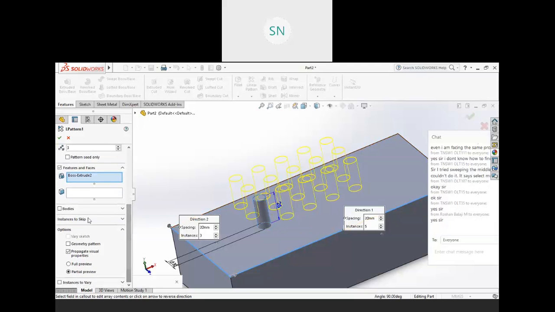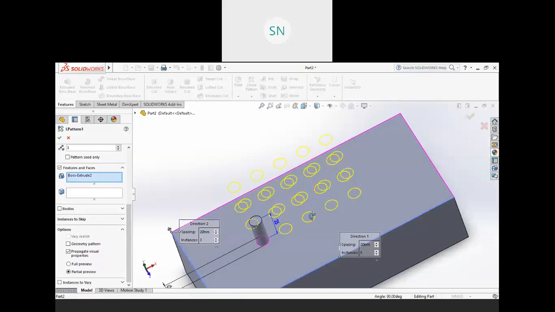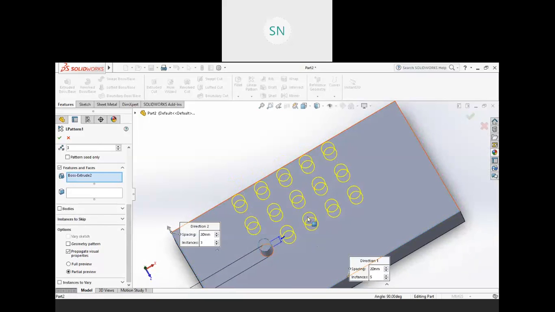Then next we have instances to skip. This is again a very important thing. See, we have this many copies, but I don't want this one and this one. These two I don't need. So how to skip them? For that, go to instances to skip, and you will get these pink dots on that object.